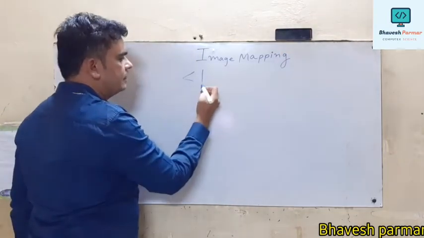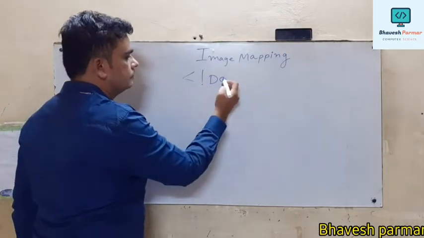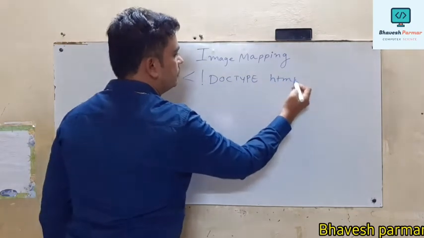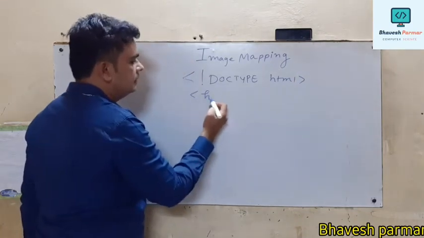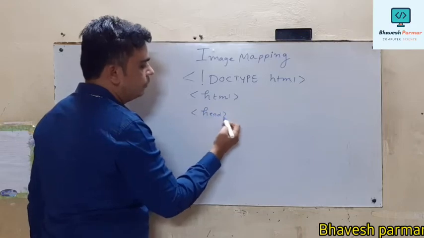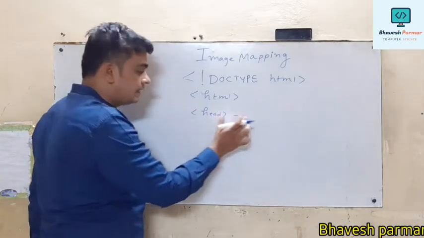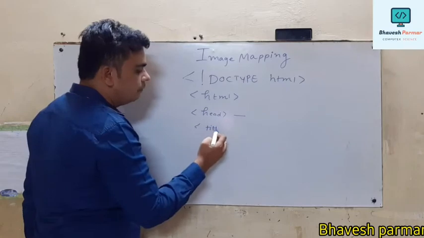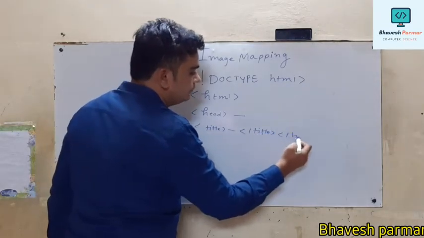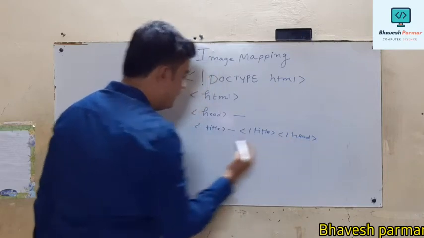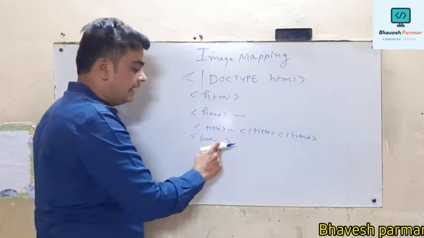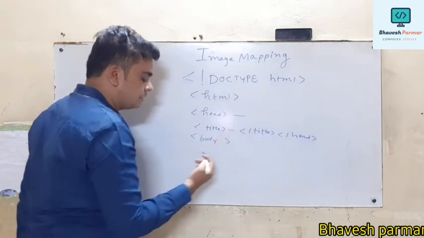So my first step is the document type, which is our HTML. Then the program starts with the HTML tag. If you want to give a heading, we use the head tag. If we want to give the title, the title tag is used. Thereafter, this is the closing of the head tag. Then the body tag is there, and if you want to use the attributes of the body tag, we can use them. These are optional.